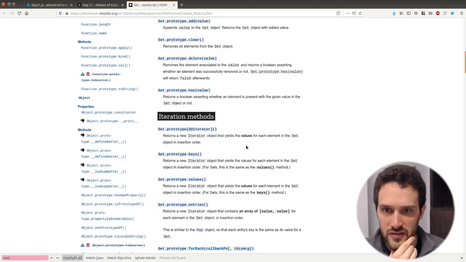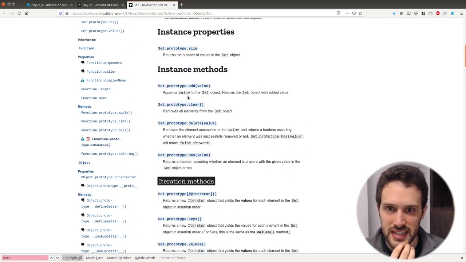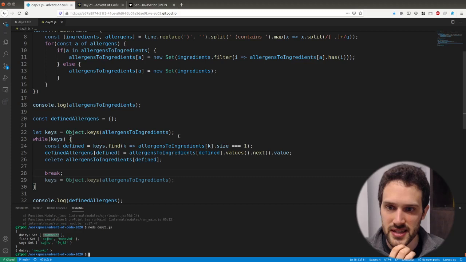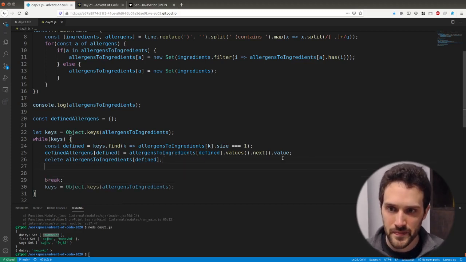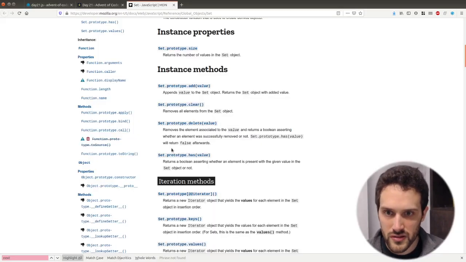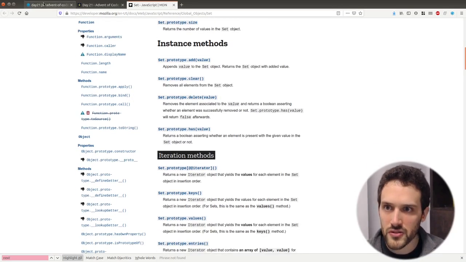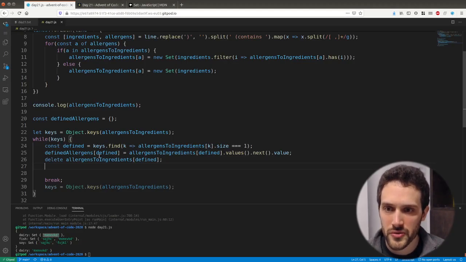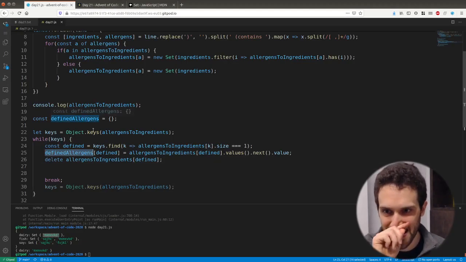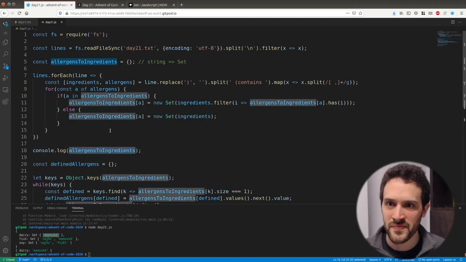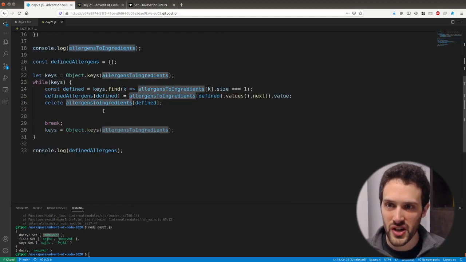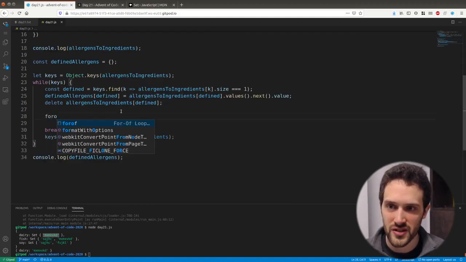How do you remove a value from a set? Can you do that here? Delete value. Yes, that's easy. So now we need to go through each set. No, we need to go through each element in here. No, in here. So we're going to do a for